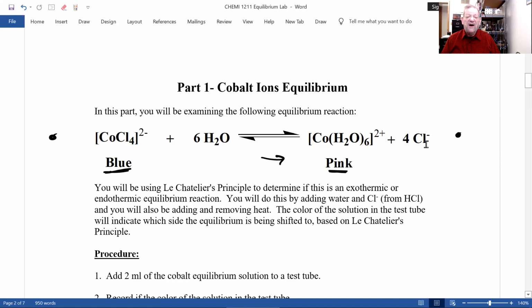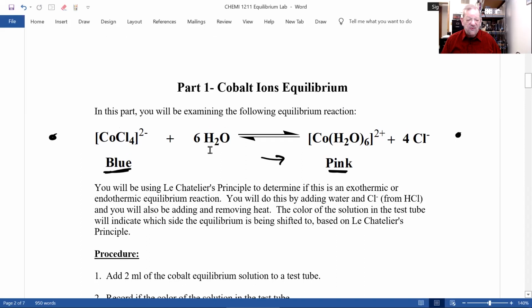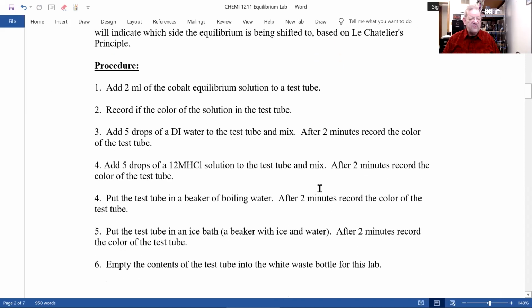How do you do that? By observing which way it shifts based on the color. Here you'll start out with the equilibrium and record the color. Then you'll add 5 drops of DI water. DI stands for deionized, meaning there are no other ions. When you add water, there's too much water, and the equilibrium should shift to the right side and get pink. Now, when you add the 12 molar HCl,